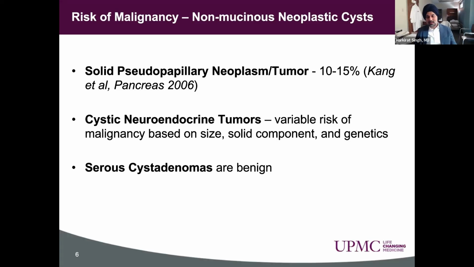Cystic neuroendocrine tumors are a little bit different and a big topic, which we're not going to cover here. Serous cystadenomas, these are the cysts which are benign. So once we know a cyst is a serous cystadenoma, we do not recommend follow-up because there is no significant evidence that they ever turn into cancer. And these can be symptomatic, but usually the symptoms are pain or pancreatitis, but not cancer.